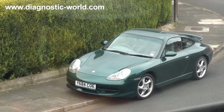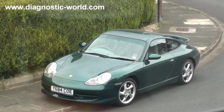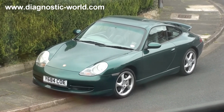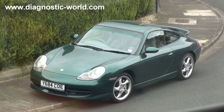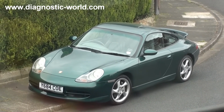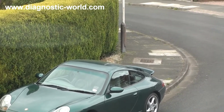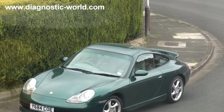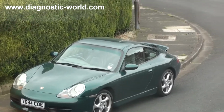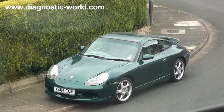Alright guys, so this is the Porsche 911 that we've been working on. It's sitting out there right now. We've fitted rear spacers, only 12mm spacers on the rear, but we are getting a rubbing sound. Every time the wheel is turned, we only hear it once, and it's like a shh, shh, shh, shh, shh. So what we're going to do is go and see if the problem lies with the